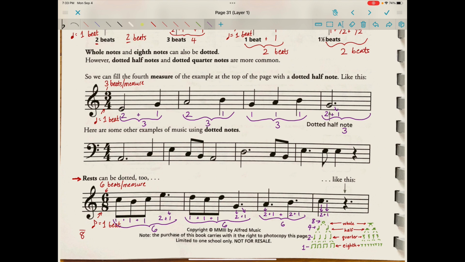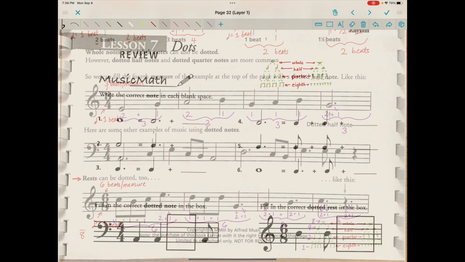Then we have a dotted quarter rest. This is the same thing. It's just a silence instead of a pitch. So the quarter rest will be worth 2 beats. The dot following the quarter rest will be half the value of the quarter rest. So it'll just be 1 beat worth of silence. Altogether, again, I won't even write that in. So well, there we go. It's 6 beats total.